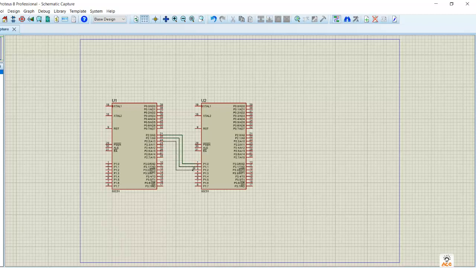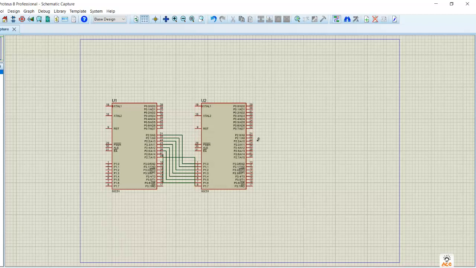P2.2 to P1.2. Similarly, you have to go on joining these, and the last one to P8.